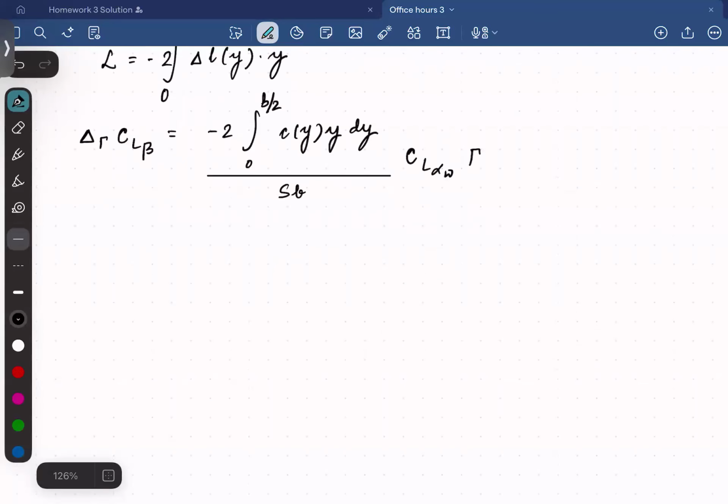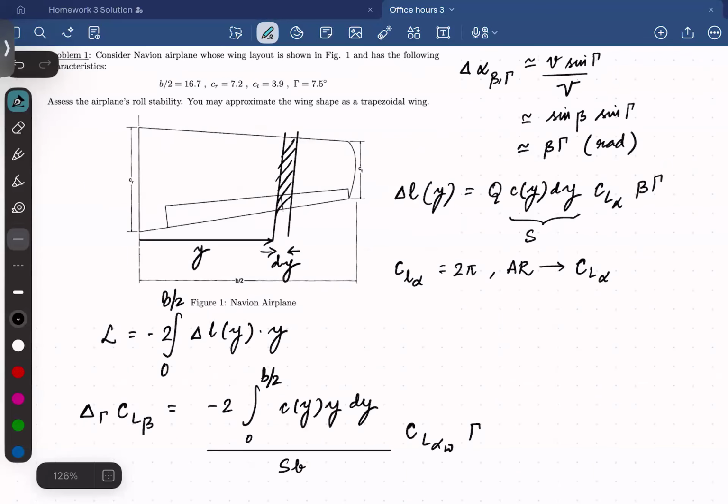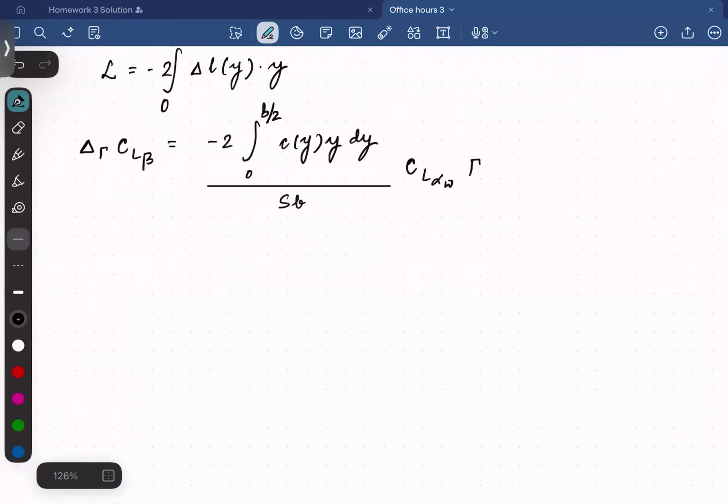The rest is straightforward. There is an important statement mentioned here. You may approximate the wing shape as a trapezoidal wing, which means that if you refer to the lecture 6 handout notes, or even chapter 1 or lecture 1 handout notes, you are going to find that you can calculate it. It's not something very difficult to derive yourself, but I am providing it in case you do not